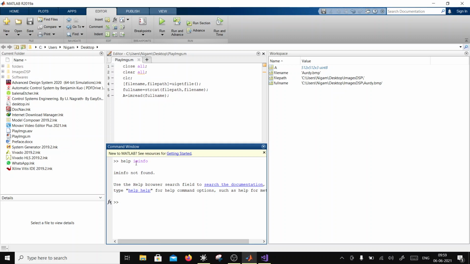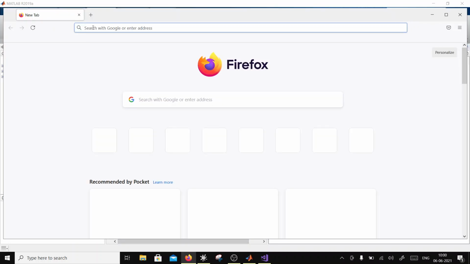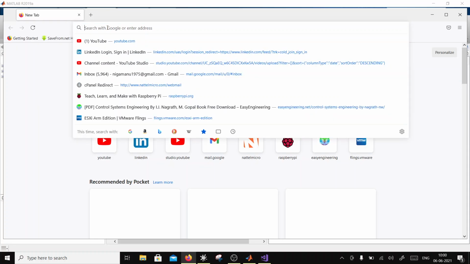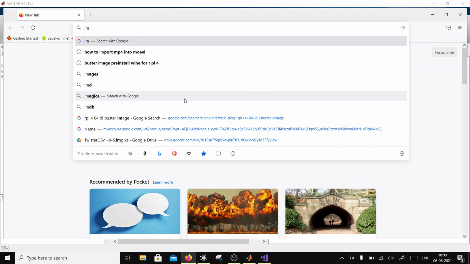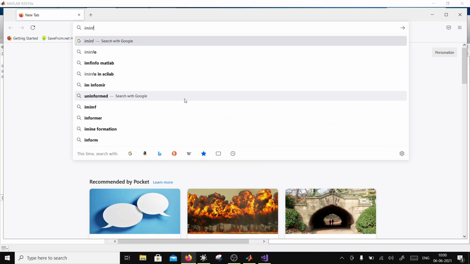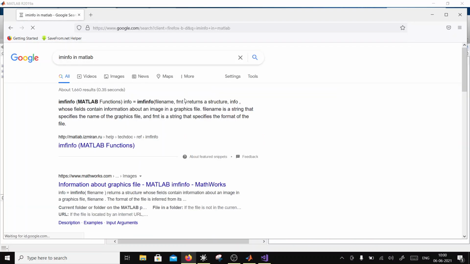Okay, imageinfo is not found, so maybe this is not the function. For that, the best thing is to go to Google and search imageinfo in MATLAB. It will come up with some information.